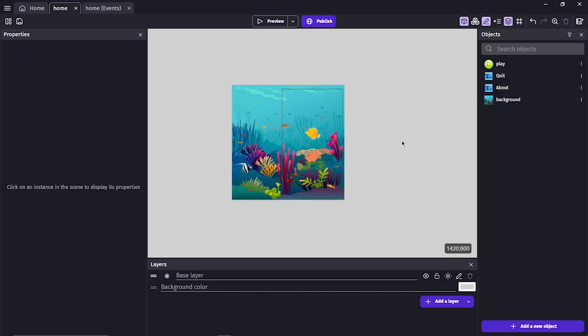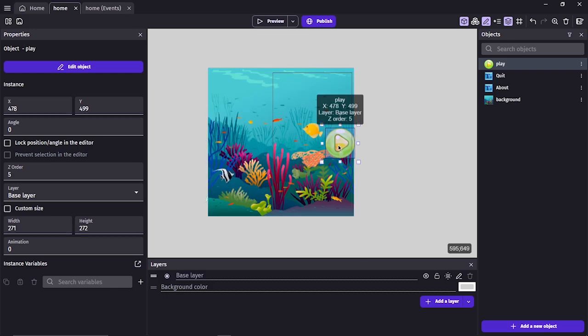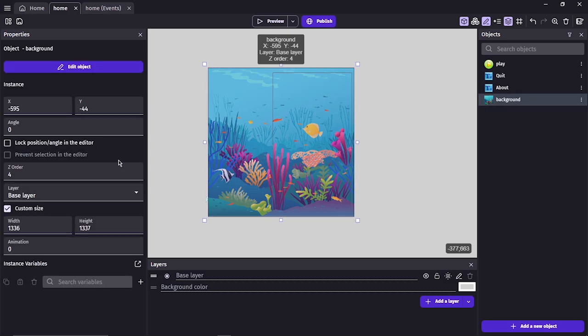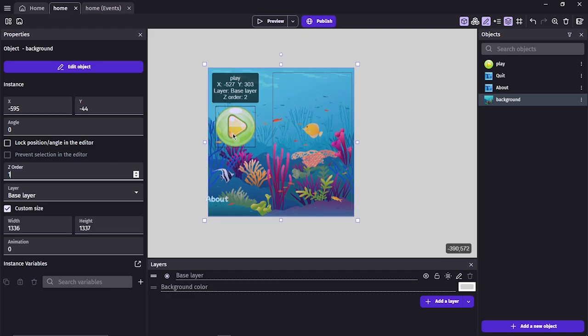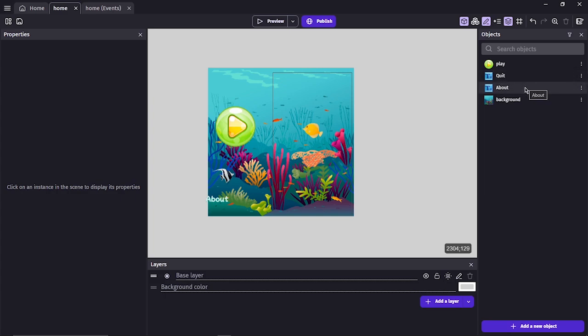So you can see our background is covering our play button. That's because the Z order is higher than our play button's Z order. So if I drag this to the scene, you can see the play button will be saying 5. So just change it. That's what we'll do. You change this to about 1. Now leave it like that. So let's drag our quit button